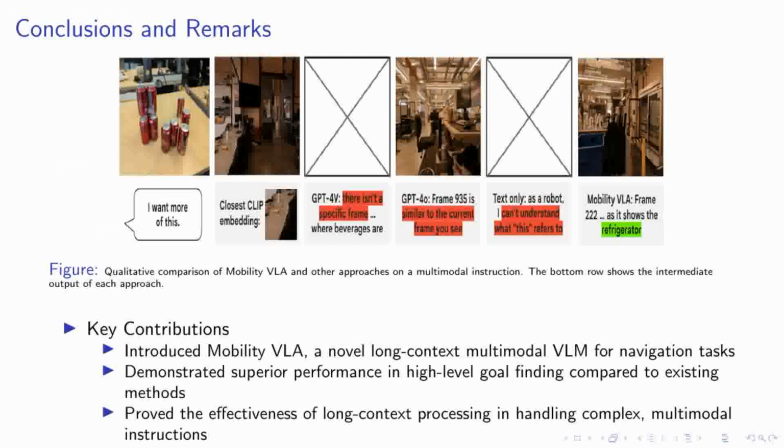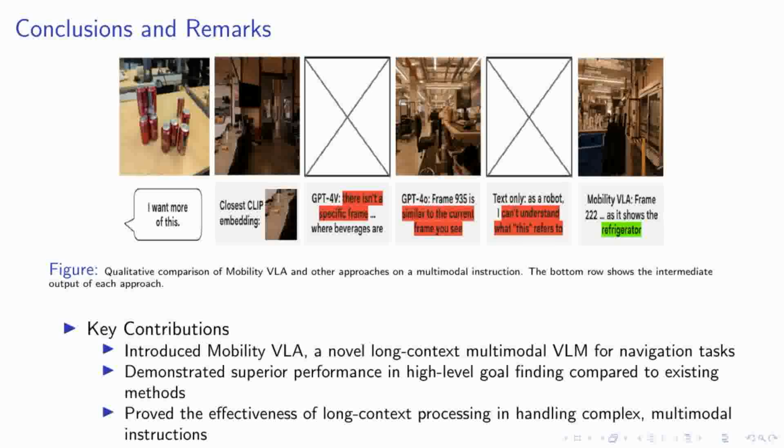As we conclude our presentation, let's reflect on the significant strides made with the introduction of Mobility VLA. This innovative long-context multimodal vision language model has set a new benchmark in navigation tasks. By effectively processing complex, multimodal instructions, Mobility VLA has demonstrated a remarkable ability to identify high-level goals, outperforming existing methods significantly. The figure displayed here offers a qualitative comparison,